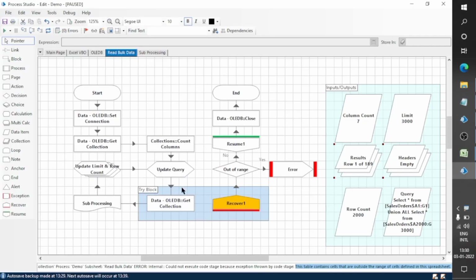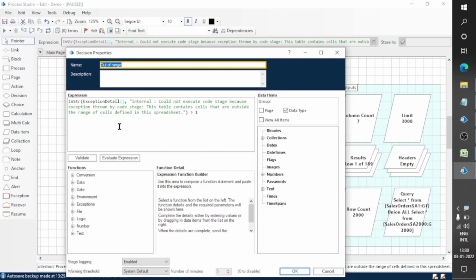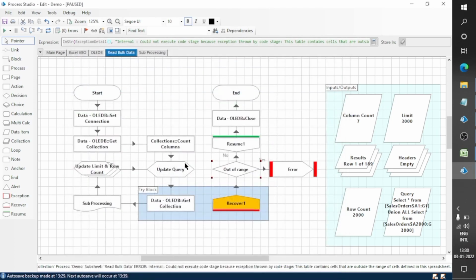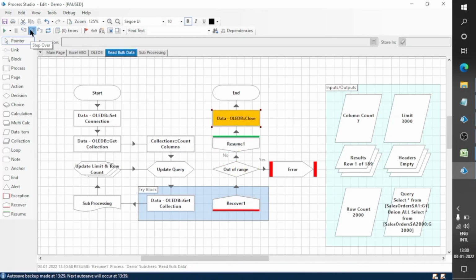As soon as we get this error, we will check whether it is an out of range error. If yes, it means we are done with reading the data, so we will resume the flow and close the OLEDB connection, because we have read all the rows of the Excel sheet.